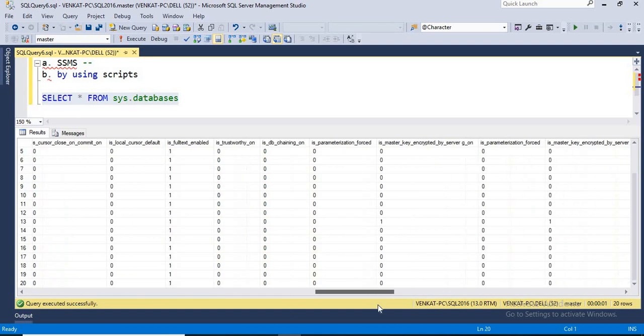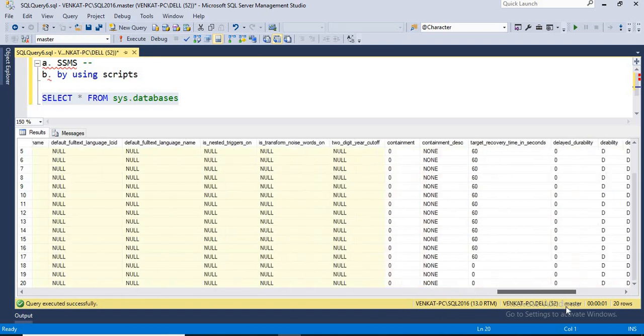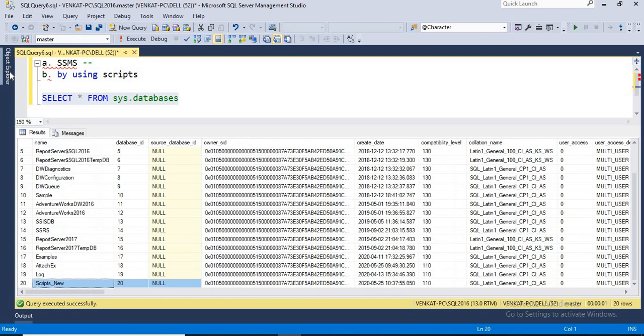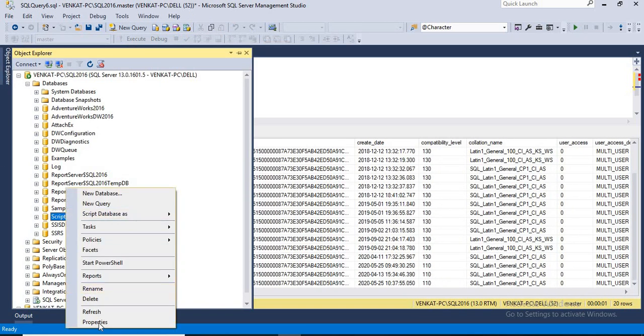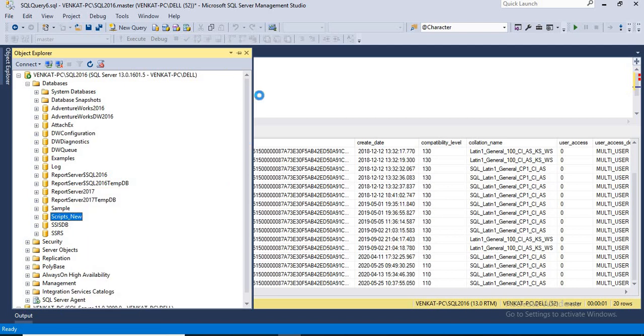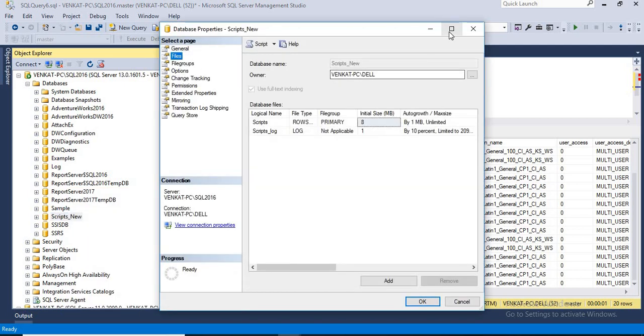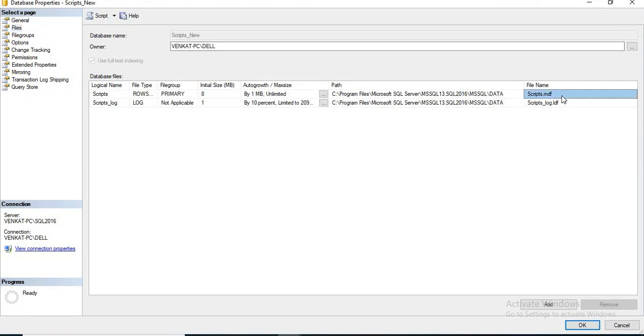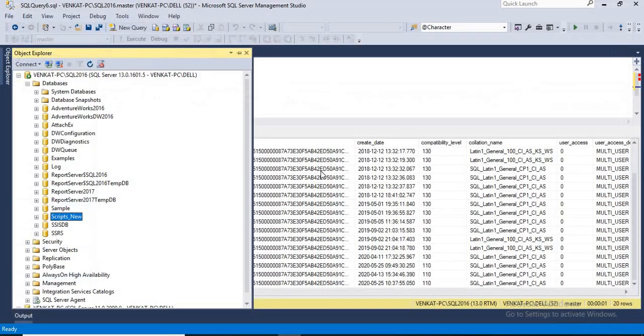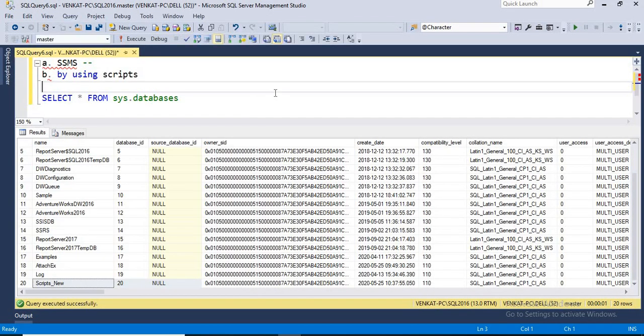You might have the location of the file somewhere here. I'll show you by right clicking and opening properties, which is easy to understand. Even though you change it at the front end, nothing changes on the back end. The backend files are internally still linked to scripts.mdf and scripts_log.ldf only. It only changed the front end name. The user can see the new name, but in the background the files are still named scripts. So can I rename it back? Yes, I can change it back to the original name. I'm going to rename it to the original name, scripts.